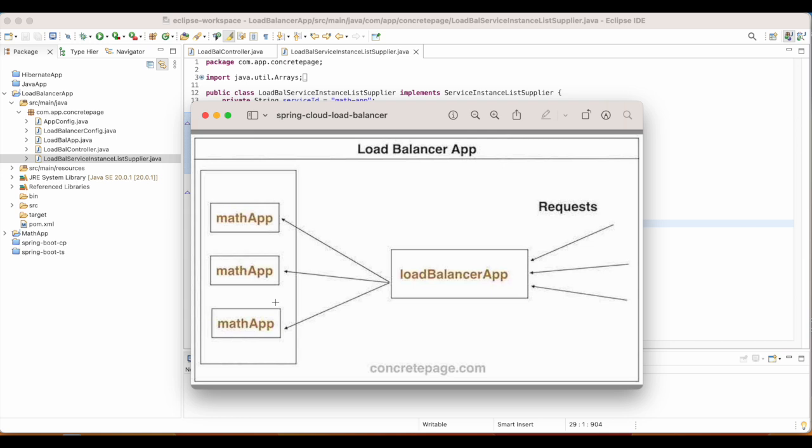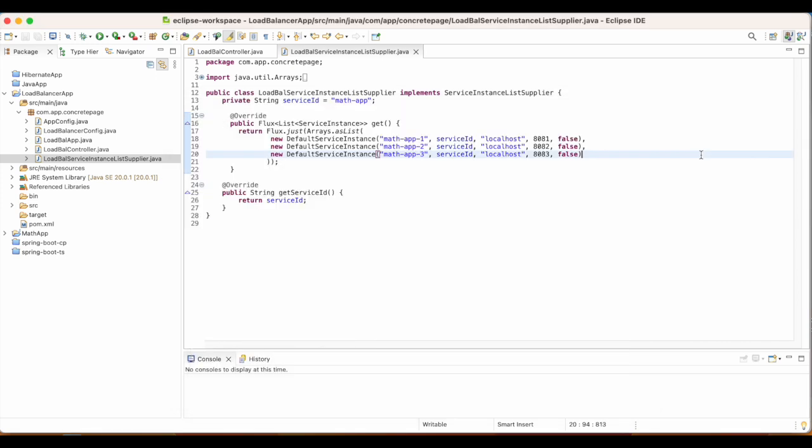So let's start. I will show you step by step how to create this load balancer application. First of all, I will create math app. This is a simple Spring Boot MVC application.